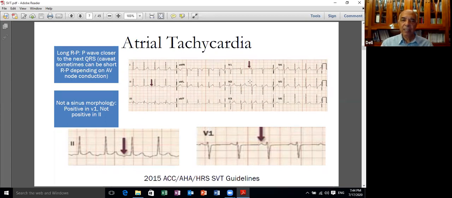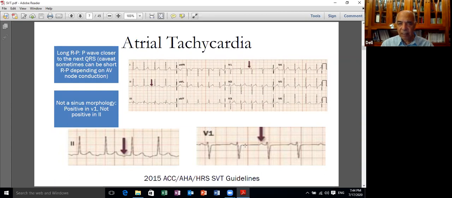So as you see in atrial tachycardia, it should be recognized because otherwise you might diagnose it as a sinus tachycardia. It's an incessant tachycardia. Usually it is not very rapid, and as a result, many patients do not complain of anything and they present with cardiomyopathy. And it's usually a long RP tachycardia. As you see here, RP is long. It's rarely associated with a short RP tachycardia.